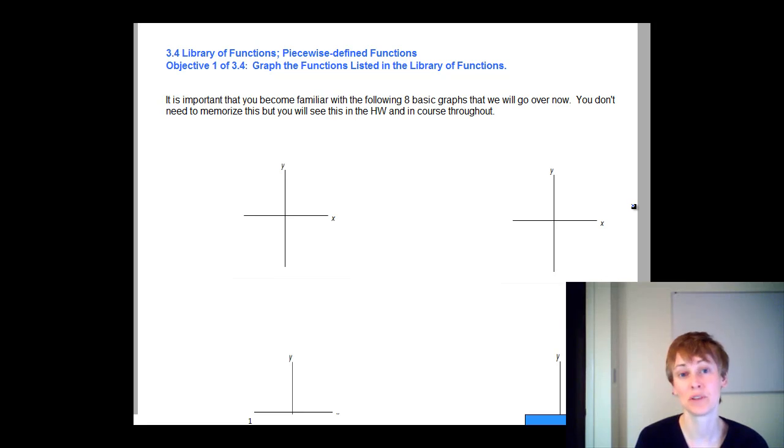This is section 3.4. It's called Library of Functions. And right now what we're going to learn about is Objective 1, which is graphing the functions listed in the Library of Functions. So what we would like you to do is to be familiar with 8 functions that we're about to go over with you. You don't need to memorize this like I wrote over here, but you do need to be familiar with it. And chances are you will pretty much learn it because you're going to be using these curves throughout the